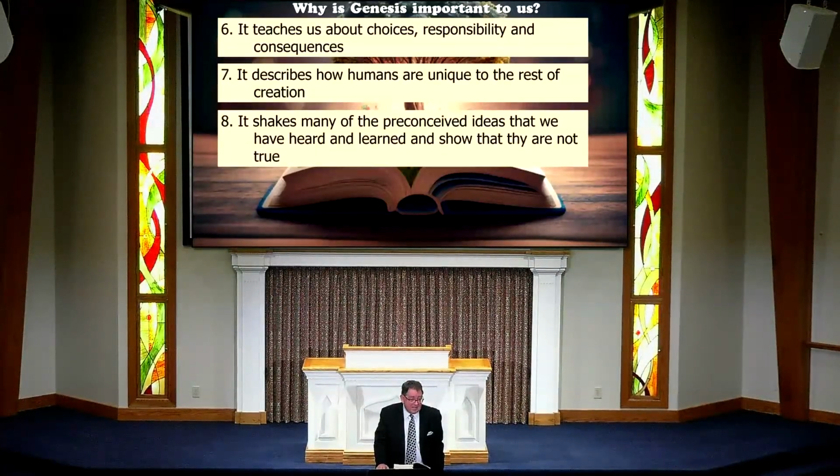I think it's significant. How the animals came about, how the plants came about, how the trees came about, how man came about. It's a little bit different there. God created man in his own image. In the image of God, he created him, male and female. He created them. We'll talk a whole bunch about this image of God. How and what is that? And we'll look at that. And God blessed them and said, be fruitful, multiply, and fill the earth, subdue it, rule over the fish of the sea, over the birds of the sky, over every living creature.